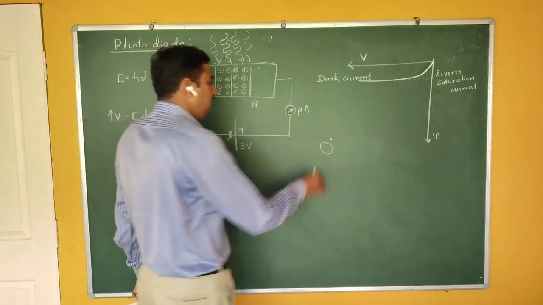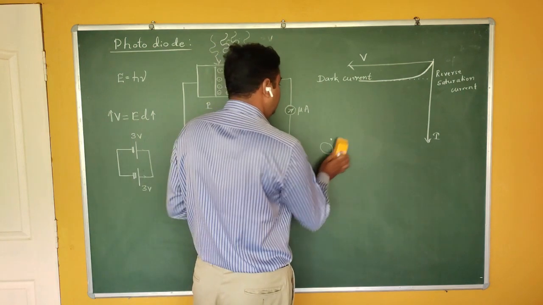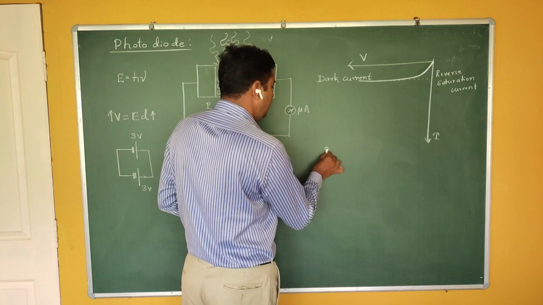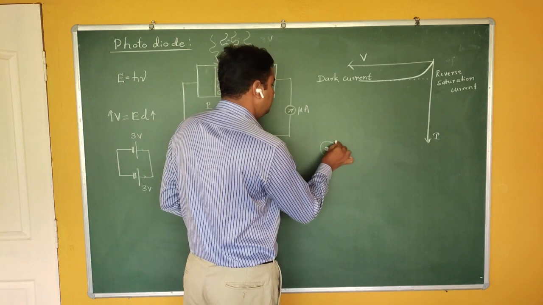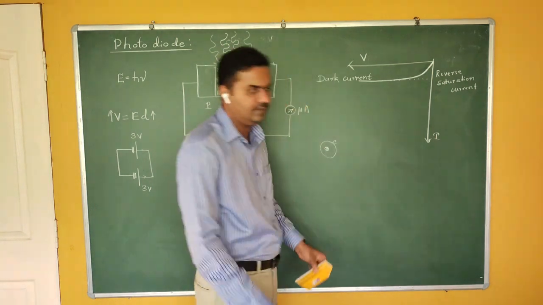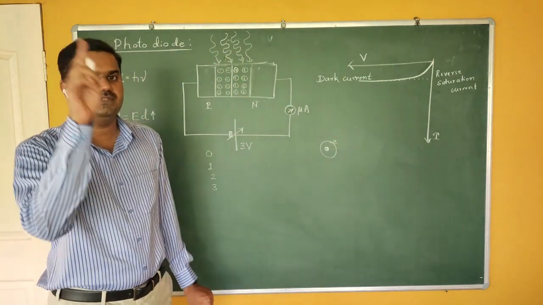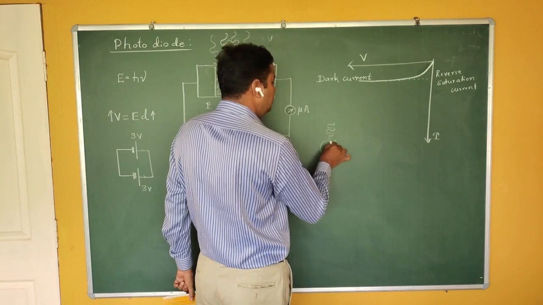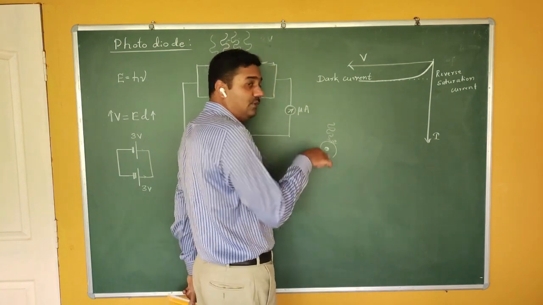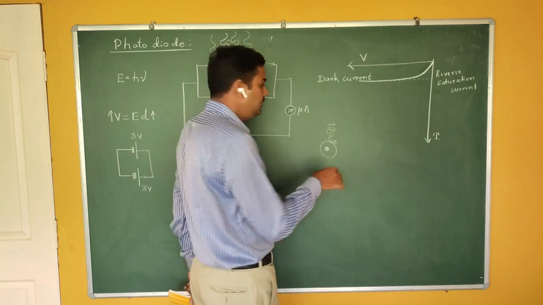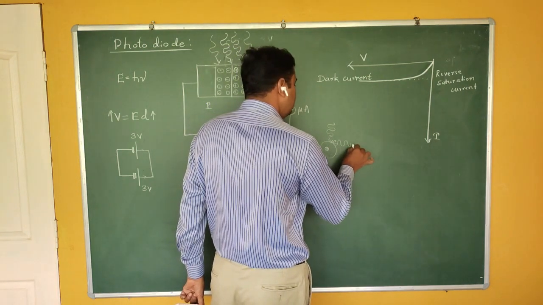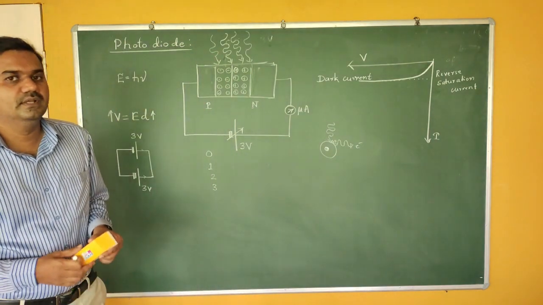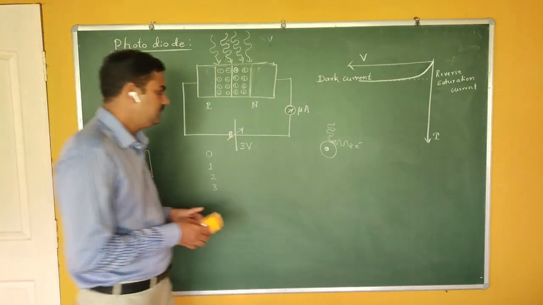You can see that when light falls on it, as you study in atomic physics, if the atom contains only one electron, for example hydrogen, and you supply certain external energy, if that energy is equal to or greater than the excitation energy, then what happens? The electron comes out from the atom. Are you getting me? So the electron comes out from the atom. So same here.